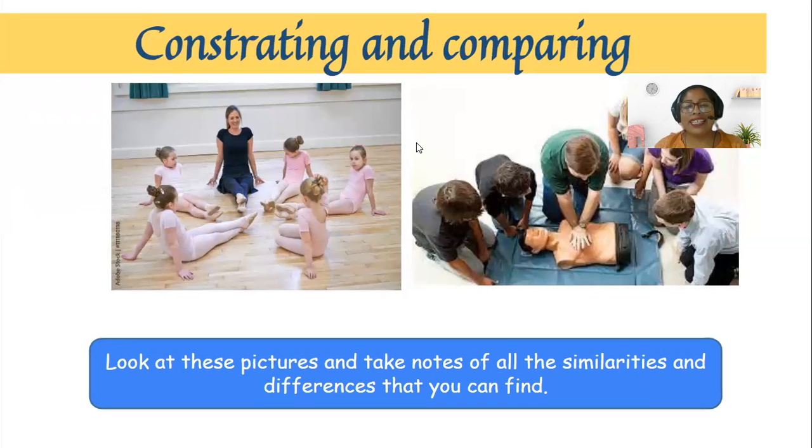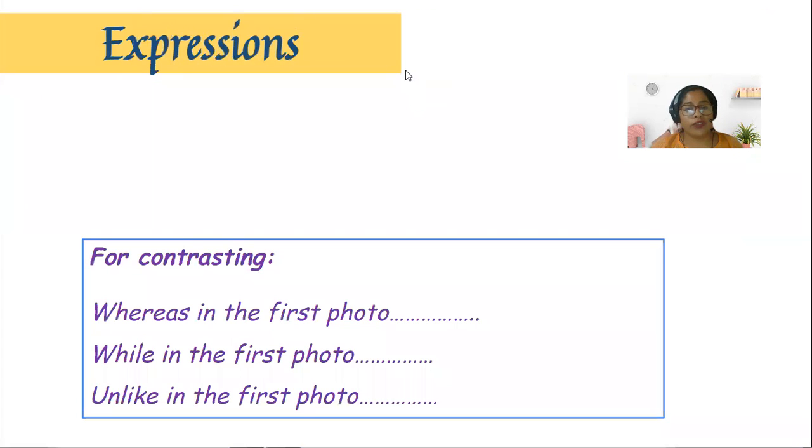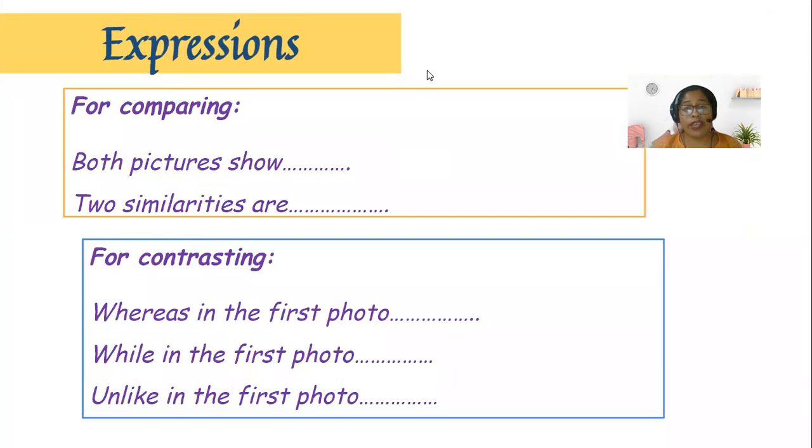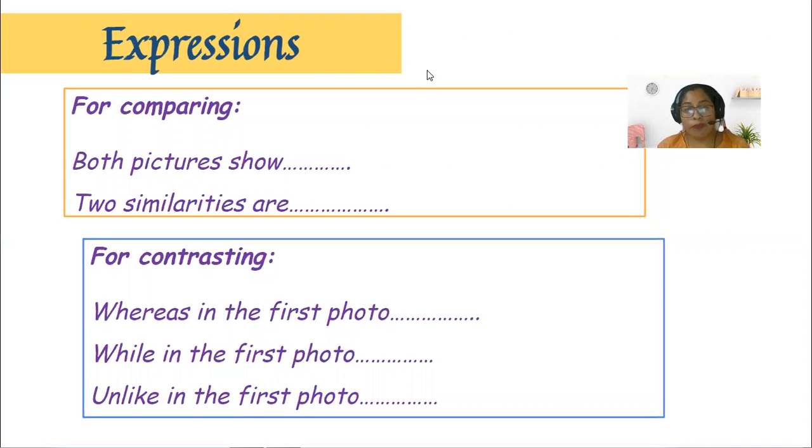Now, let's take a look at some expressions, okay? So first, we have similarities, okay? For comparing similarities, we have: both pictures show, repeat after me, both pictures show, two similarities are,